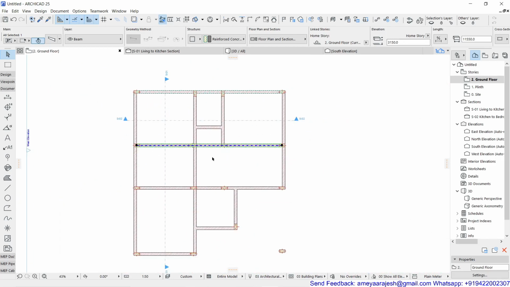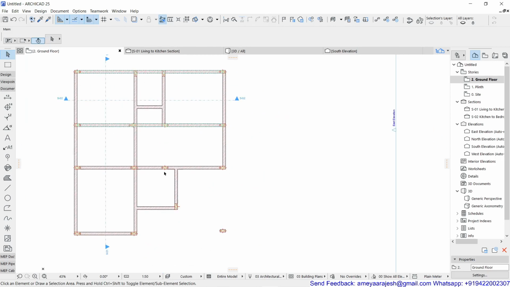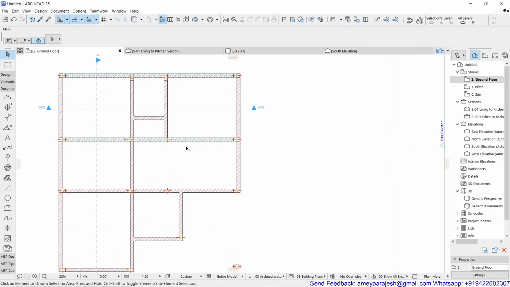So please try to do that and complete the floor plan in the normal quick manner. Instead of drafting a new beam every time, you can even try to just copy that, rotate that, extend, trim, the way we have done for the wall. Now let's talk about the basic editing.